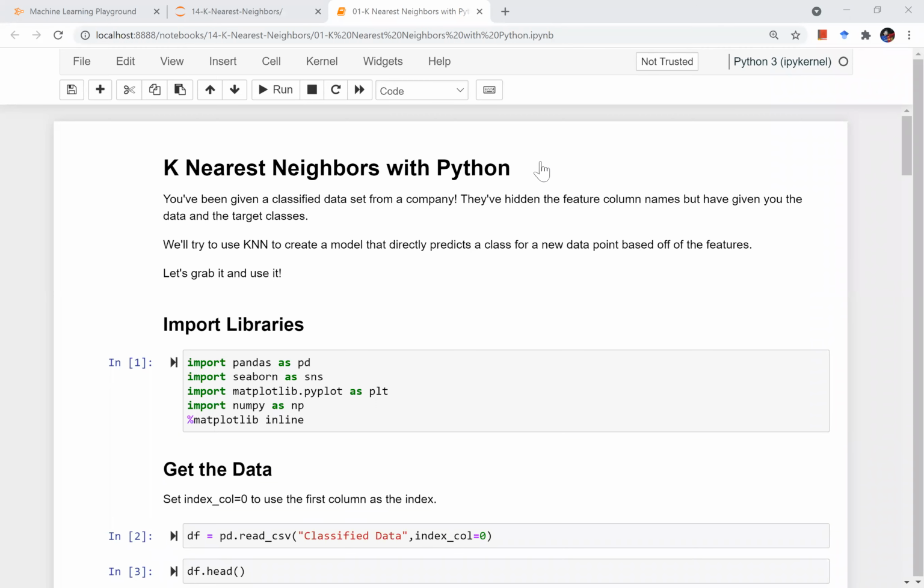So I welcome all of you to this session on the Python implementation of the k-nearest neighbors algorithm that we discussed in the last session. Here, all the mathematics and all the underlying logic of k-nearest neighbors is available for all of us to use through this open source machine learning library called scikit-learn.